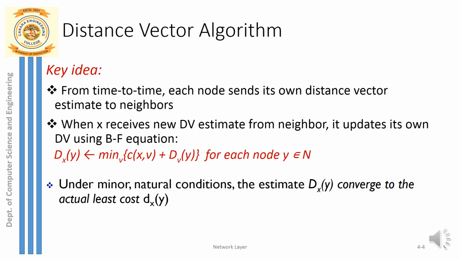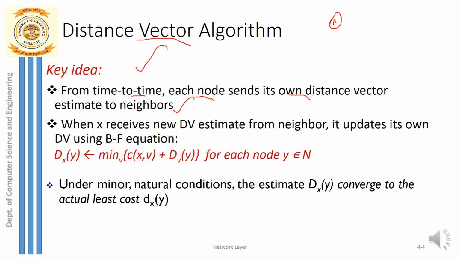Let's see the distance vector algorithm now. So the purpose of this algorithm is calculation of shortest path. The idea behind this algorithm is every instant of time, each node in the network should send its own calculated distance vector to every neighbor of itself. So it is something like, if I have a graph, if I have a network something like this,